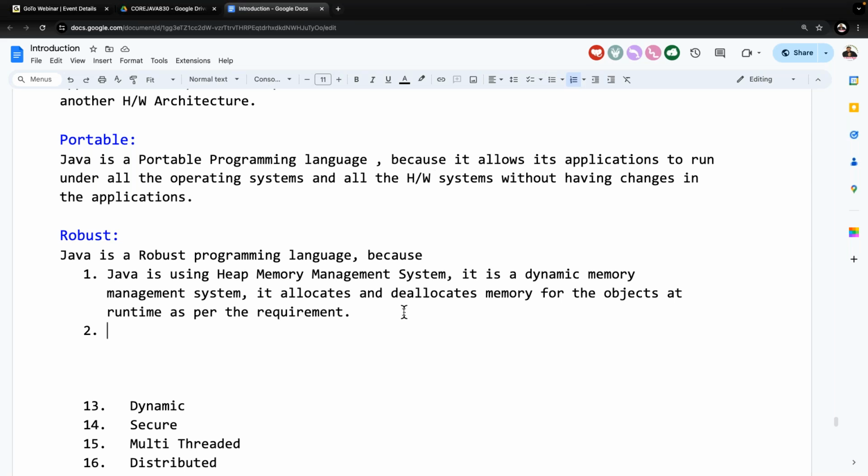Right. In technical words, if you want to understand it, listen carefully. Exception is an unexpected event that occurs at runtime of the application and causes abnormal termination of the program. That abnormal termination of applications may cause serious problems like operating system crashing, network hanging, database collapsing, and server going down. These kinds of serious problems we are able to get.